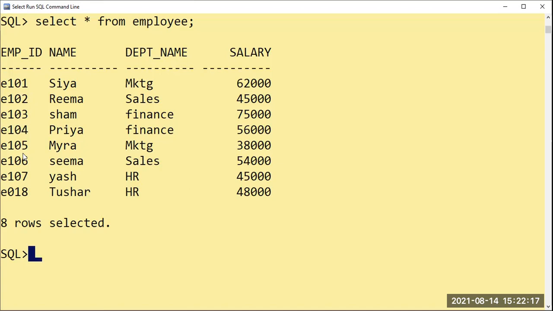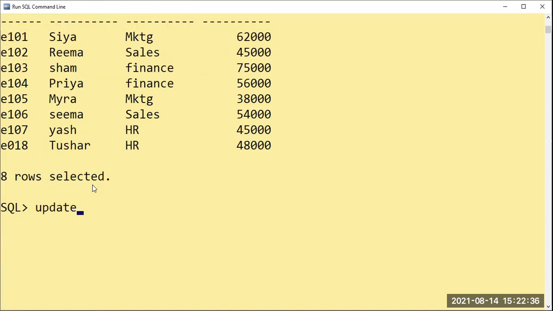In some cases, the 1,000 has to be increased only for those whose salaries are within a certain range. That also will be taught to you afterwards. But right now, I'm using it for all. Everyone's 1,000 has to be increased. So what I do, update employee. I hope you have understood my question. Now my query is that I want to update all employees' salary to be hiked by 1,000. Sabka salary mujhe 1,000 badhana hai.